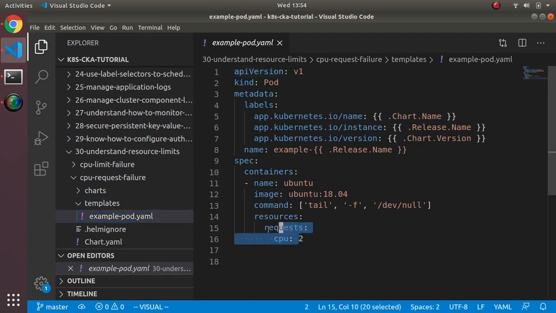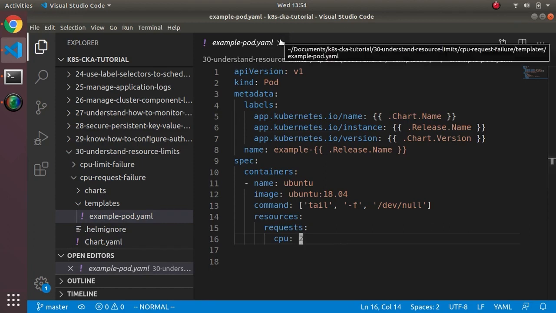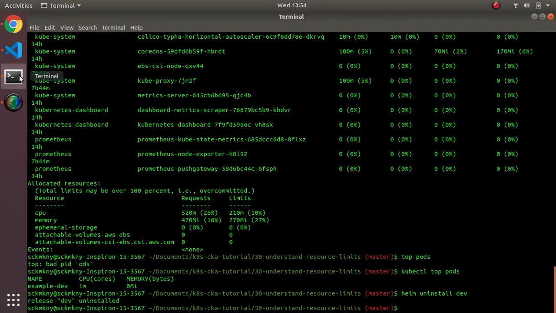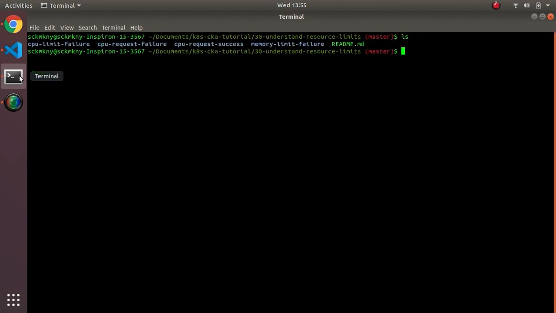So you can see I'm asking for a full 2 CPUs, right? Now, if you think about it, these nodes each only have 2 CPUs total, and they're already using some of that space. So there's no way this process can run, right? Because I don't have 2 CPUs floating around. So to validate that, I can do helm install dev request. I already forgot what this is. Right. So helm install dev CPU